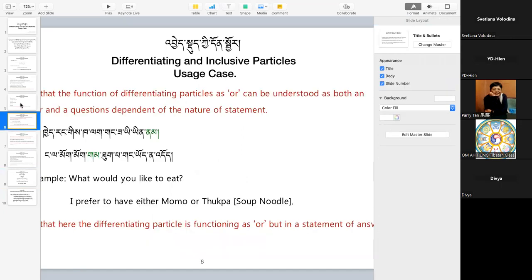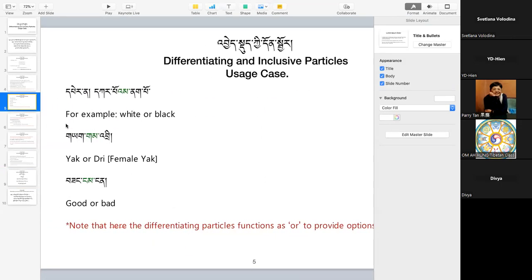So, like I said, if the particle is by itself, let me give you an example here. We see that we are using the same particle, the differentiating particle, but we're not using the punctuation. This is because the particle here is understood as "or", so it acts as a conjunction and functions to provide an option. If there is an option, we understand that both of these things are not the same and that they are individually different from each other. That is the reason why the option was provided.